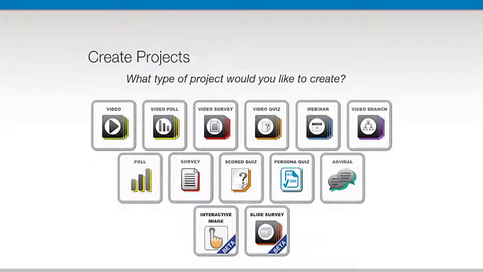So to start off, we're on the Create Projects page and we're going to click on Video. We're not going to use any of these other options here because in this example we're not going to add any questions, and so the video poll and the video survey, etc. we don't need to use. We're simply going to add some chapters and a lead capture form. So create a video project,